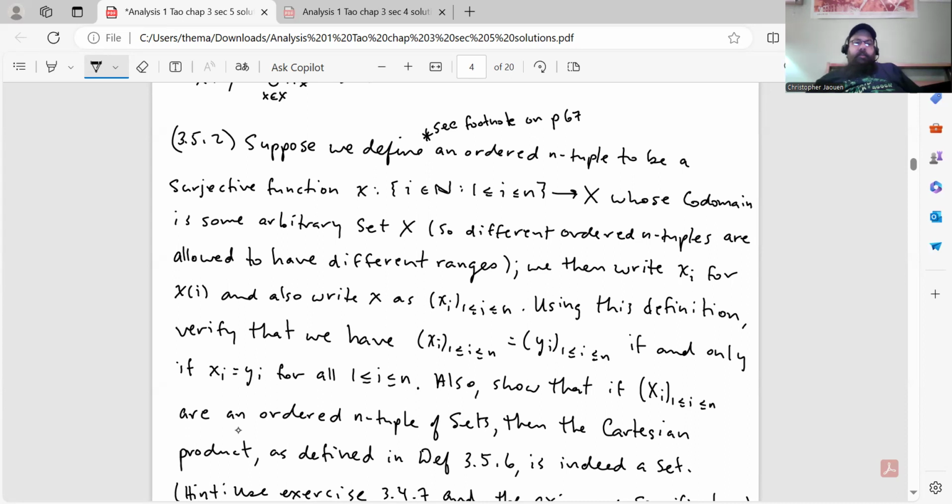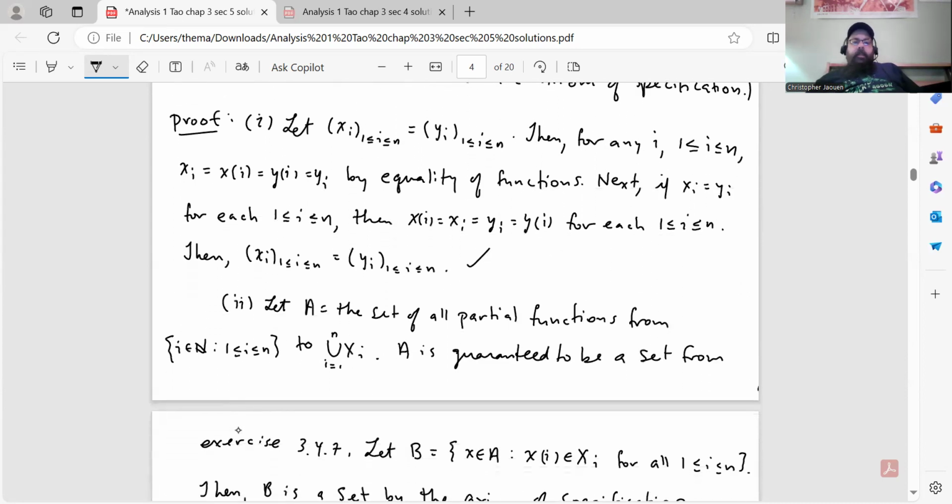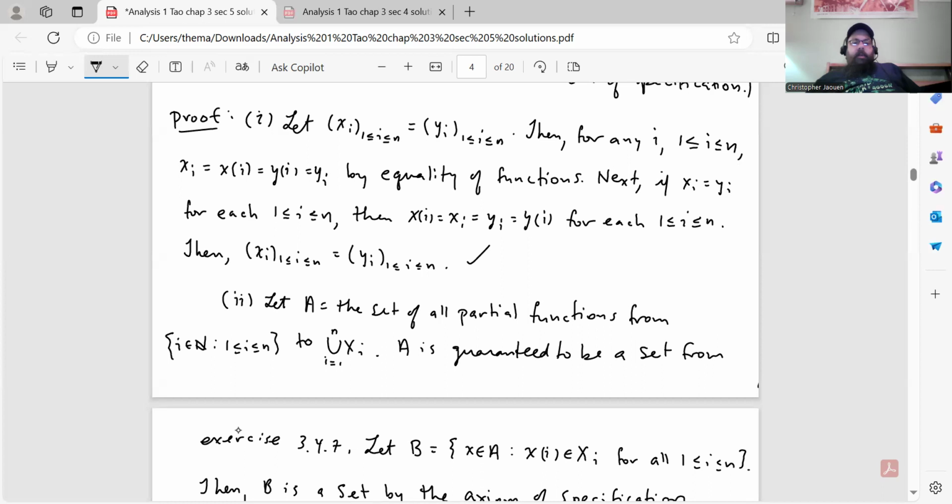So let's go to my proof. Part one, case one, let x_i equal y_i. Then for any i where i goes from 1 to n, x_i is equal to x(i) equals y(i) equals y_i by equality of functions. Next, if x_i equals y_i for each i between 1 and n, then x_i equals x(i) equals y(i) equals y_i for each i between 1 and n, then that means that the two sequences are equal to each other, right? And then case two,